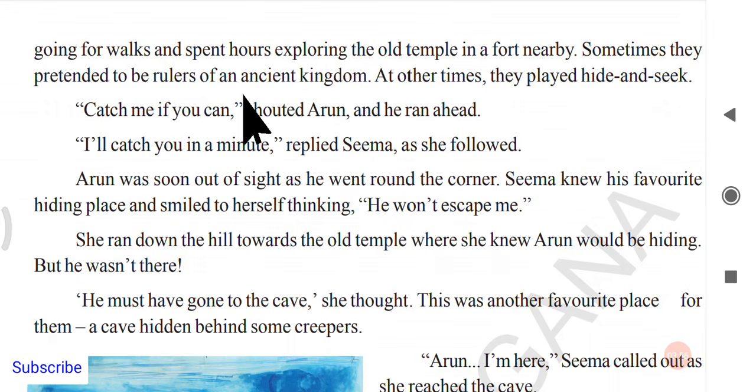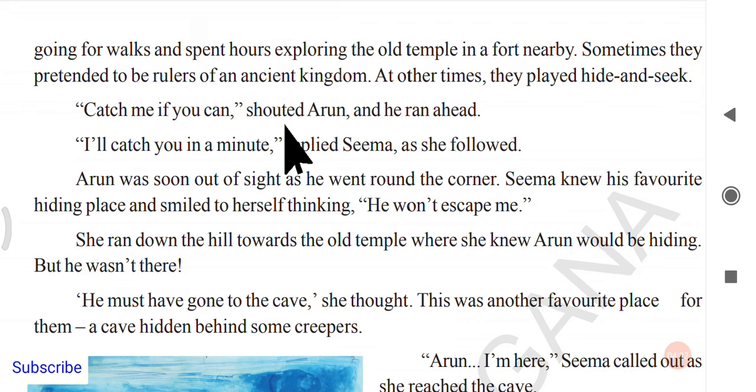Sometimes they pretended to be the rulers of an ancient kingdom. At other times they played hide and seek. Since that is an old, destroyed fort with no people, no kings, these both play there, acting like king, servants, queen and all. Sometimes they even play hide and seek. I think you all know the game hide and seek.